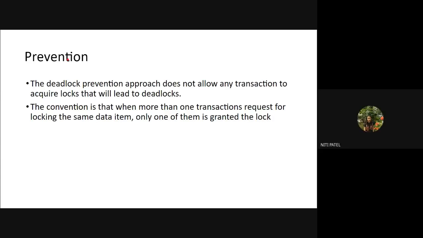Yes, ma'am. First of all, it will try not to give the deadlock. If in case it is reaching a deadlock condition, it will not give the lock if a deadlock occurs. What will be the other case? If two transactions are requesting at the same time, it will use these two schemes to allocate the lock to only one transaction.